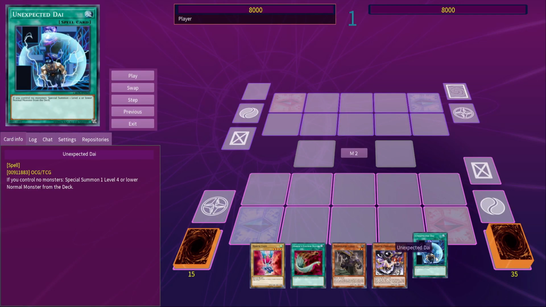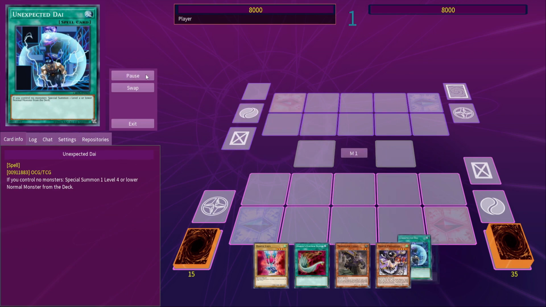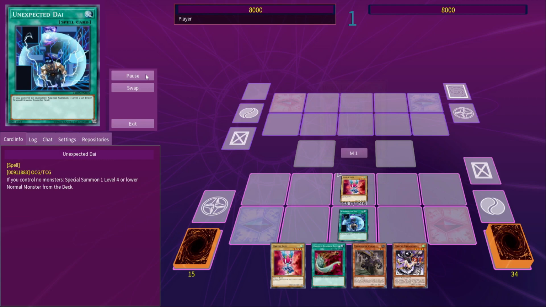This third one is quite a similar hand, but with Unexpected Die instead of Feather Storm. Since you don't have the trap, Cyber Slash isn't a priority any longer, so you want to adapt your combo accordingly. Start with Unexpected Die, getting a normal monster, and then summon Channeler, discarding a Harpie card to search a